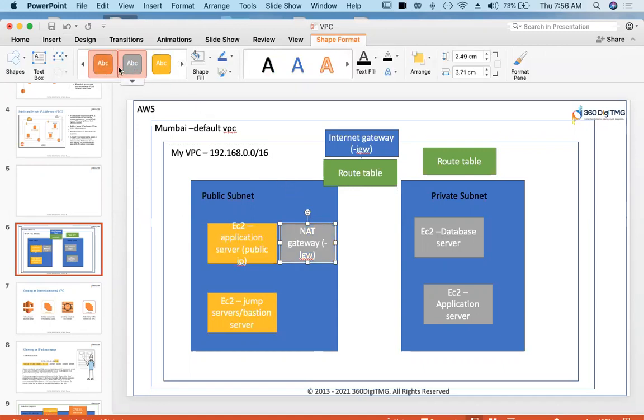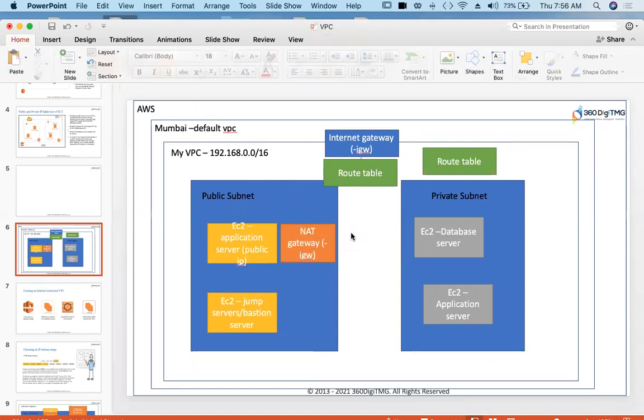So this is your NAT gateway. Now this server can connect to NAT gateway, and this NAT gateway uses this internet gateway and route table and routes the traffic to the outside internet. This EC2 instance will not have public IP address, but it uses NAT gateway's public IP address. NAT gateway will have some public IP address. Using that, this server can connect to internet. Clear, guys, about NAT gateway?